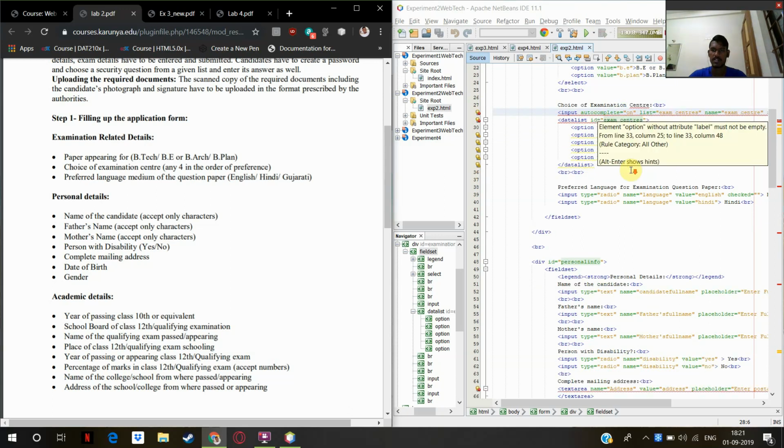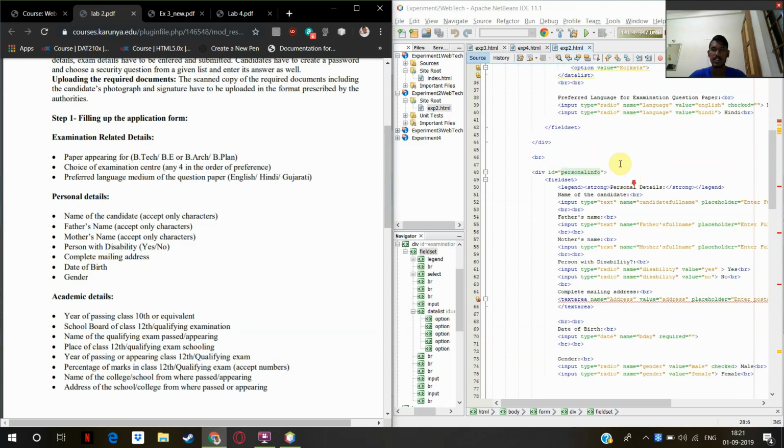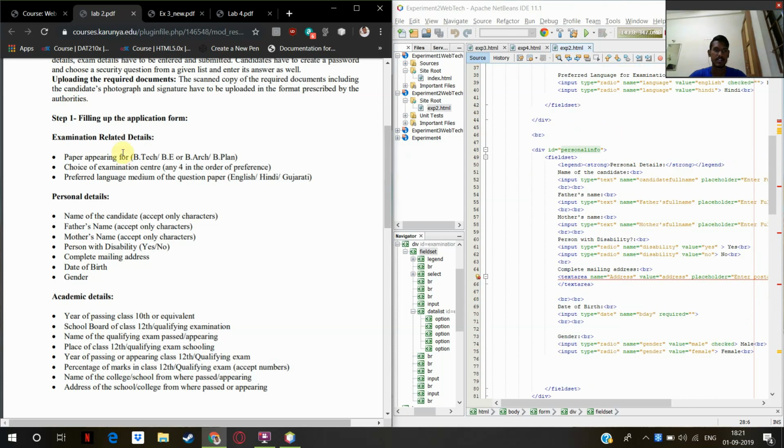provide these options. Then I have a preferred language for the examination, where I'm creating a radio button using the input tag, and I'm providing English and Hindi as the values. Closing the fieldset for this particular